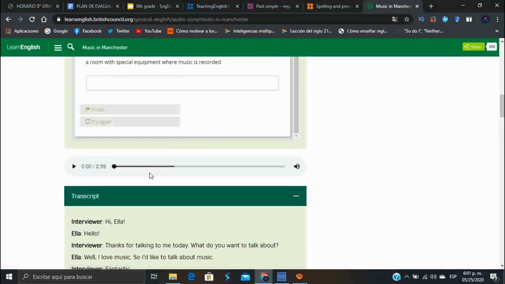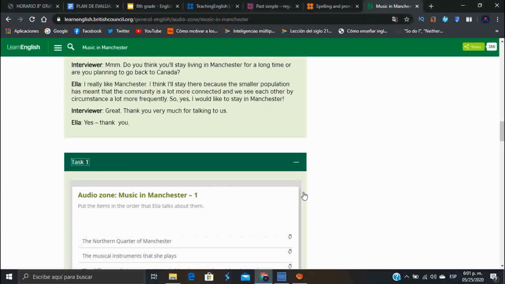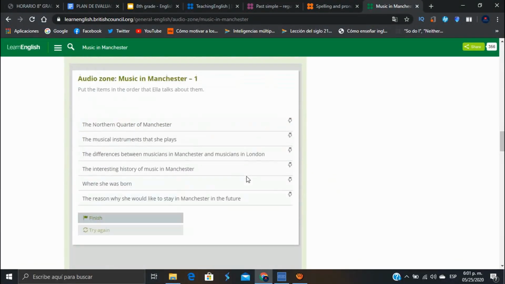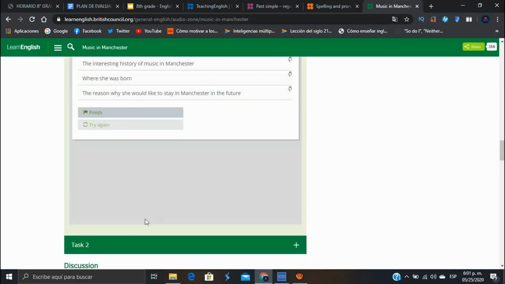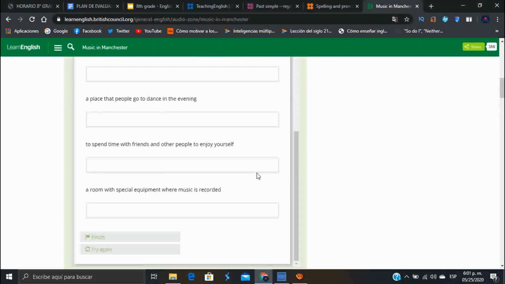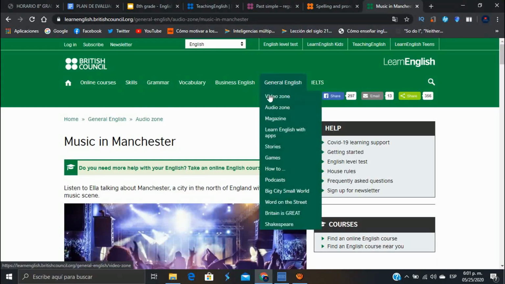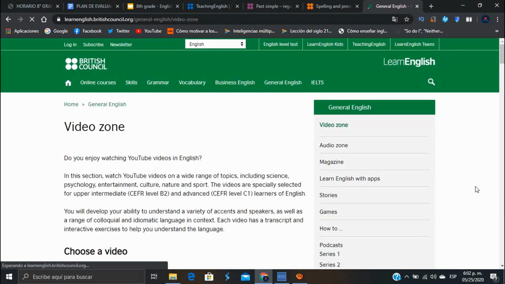And when you finish listening and reading, you can do tests. These task exercises, like this one, where you have to put things in order, or just simply answer some questions depending on what they hear or what they just read. You can choose whatever you like, depending on your student's level. Okay, perfect. And the video as well, you can have it. That's perfect, because the video is something cooler when you have students who get distracted easily.